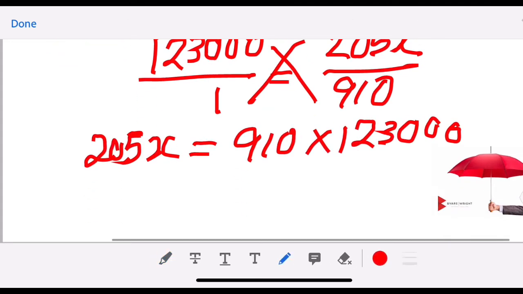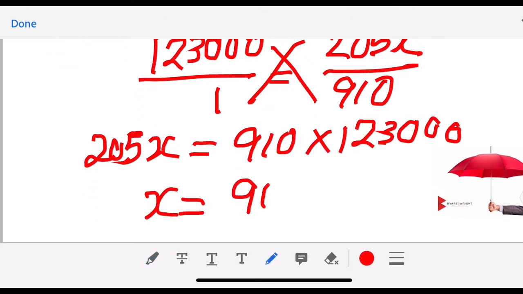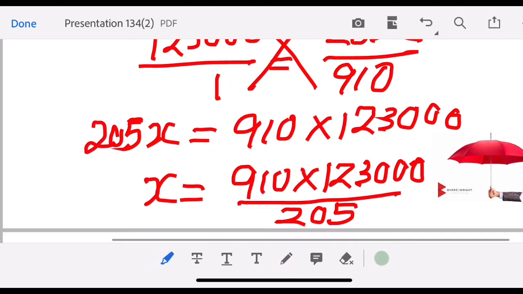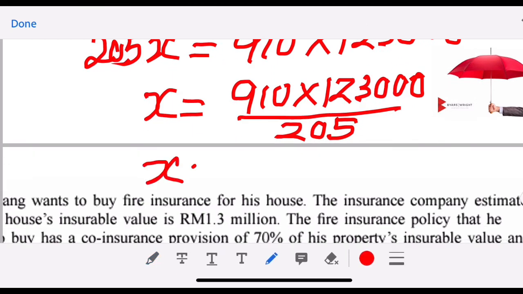So x is 910 times 123,000 divided by 205. Now let's press the calculator to get the answer. So 910 times the 123,000 divided by 205. The answer is quite a big amount, which is RM